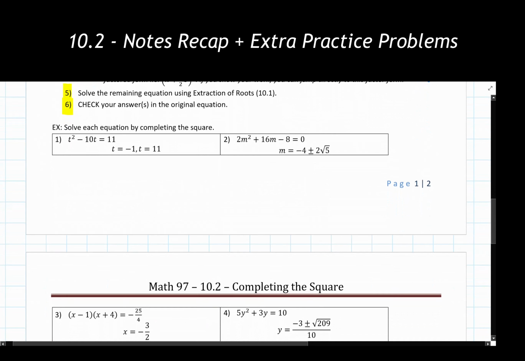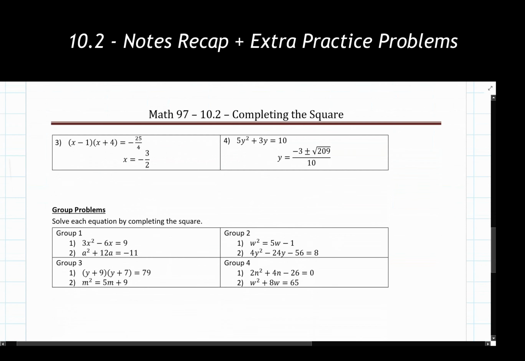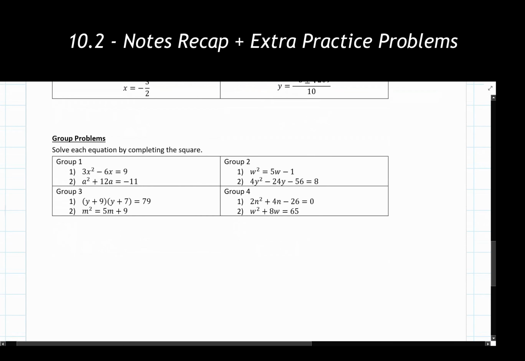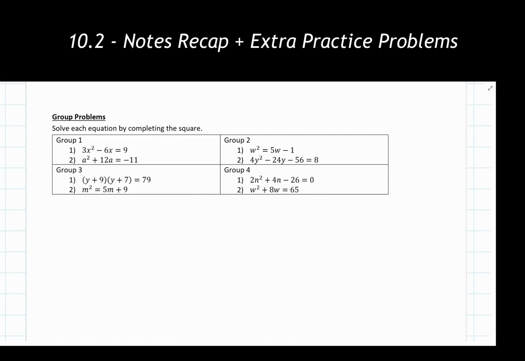We then had 4 examples that we went through, the different ways that we can be given something at the very beginning of these problems. And then we have some practice problems if you'd like to go through and give those a try. I'd recommend pausing the video here if you'd like to give these a shot. We're going to scroll down here shortly to the answers for each one of these problems.